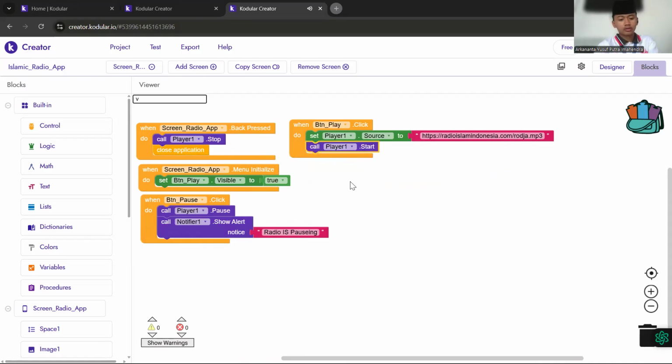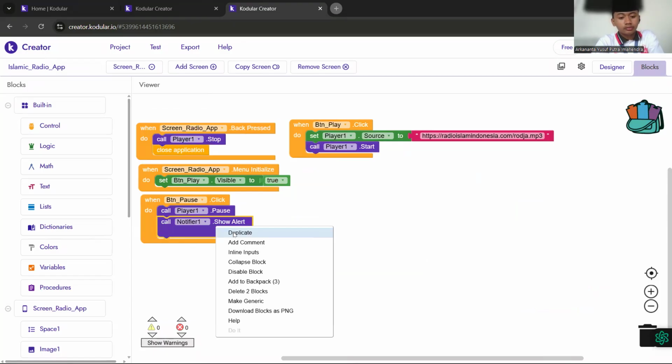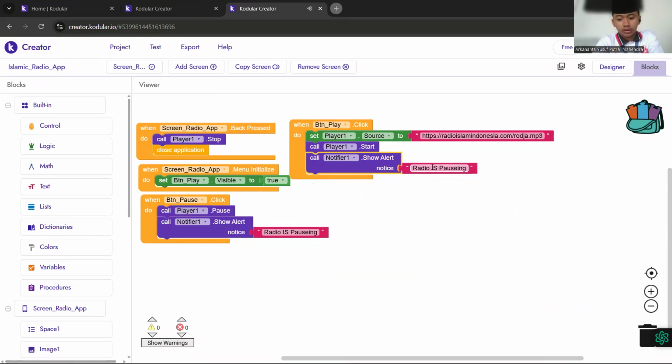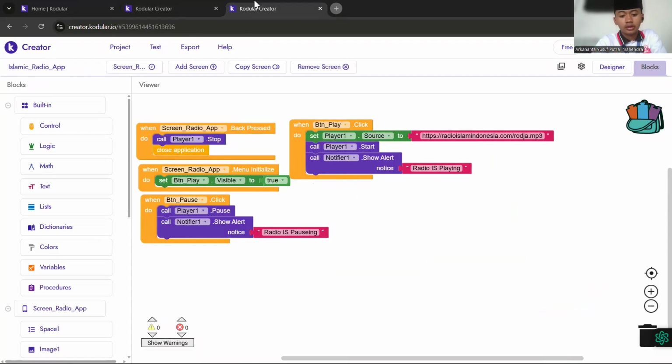Then call notifier show alert, radio is playing. Okay, so after that, give the btn stop and btn play visible.